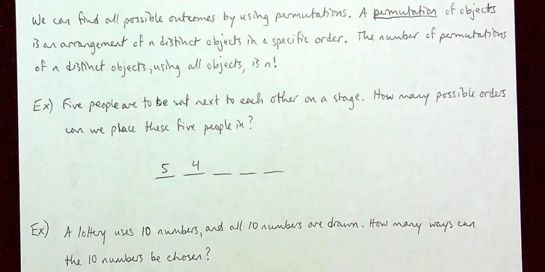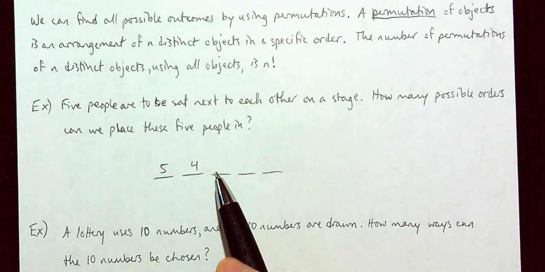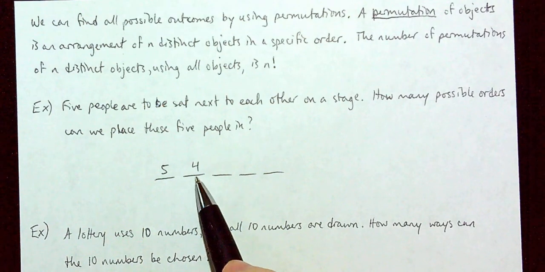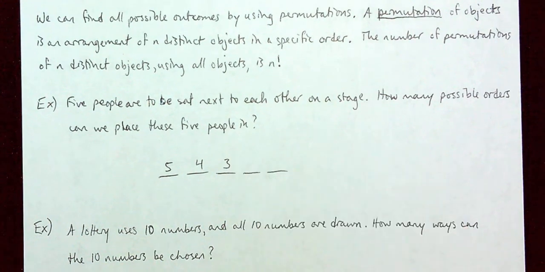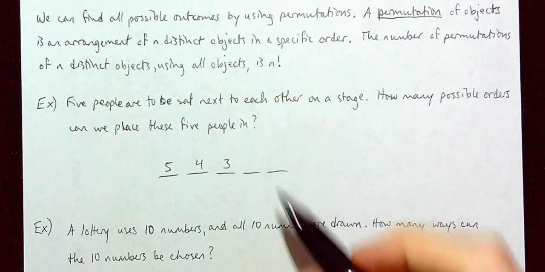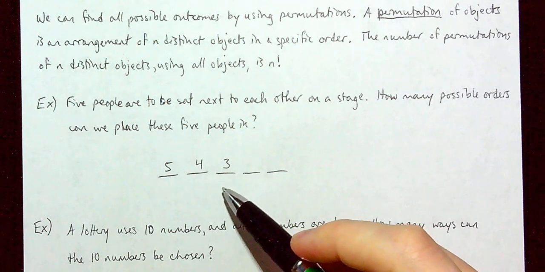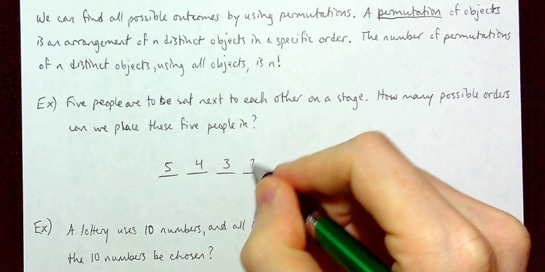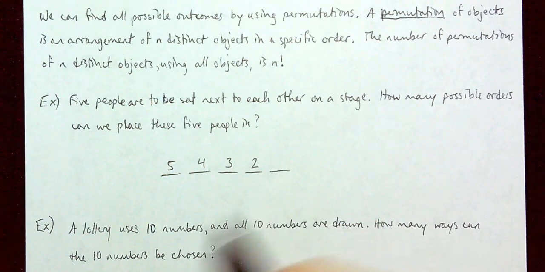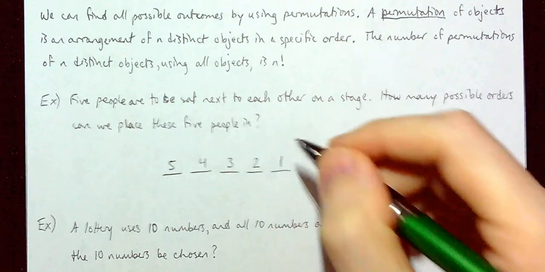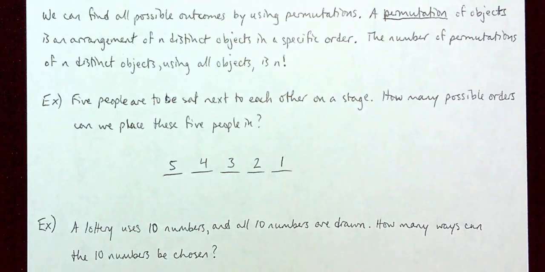All right, third chair. 5 people to start. We have someone in chair 1. We have someone in chair 2. So there's 3 options as to who can sit in chair 3. Chair number 4. 3 people are already sat. There are 5 people to start. So 2 options as to who can sit in chair 4. And then last chair, everybody else has been sat. So there's only 1 person here that can sit in the last chair. It's the only person that's left.